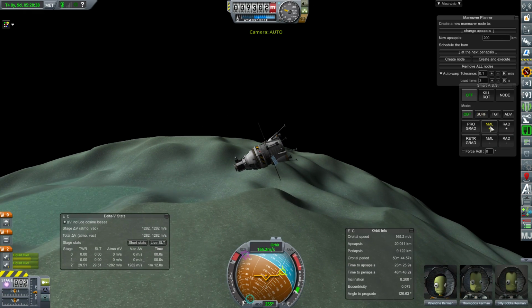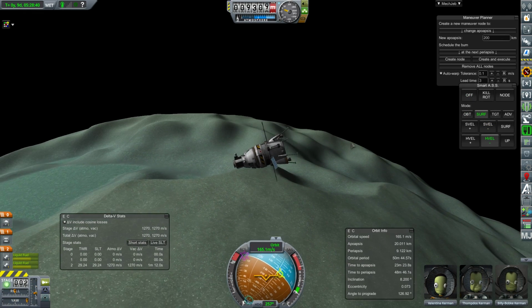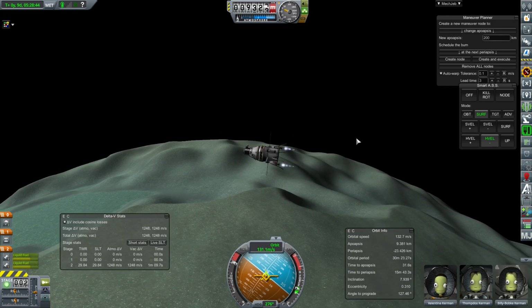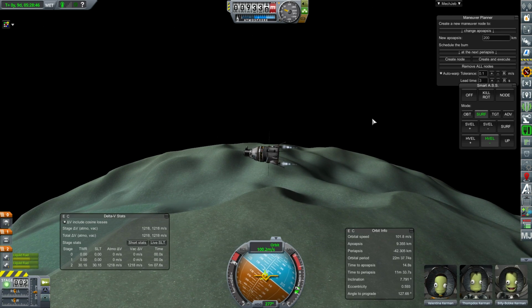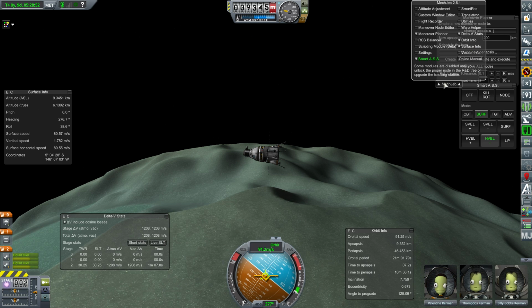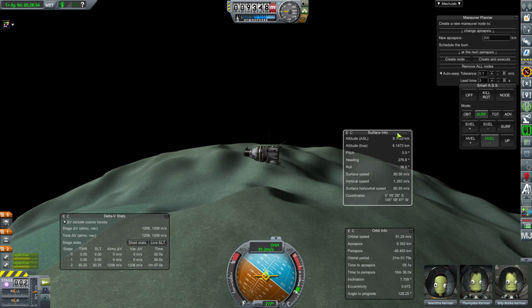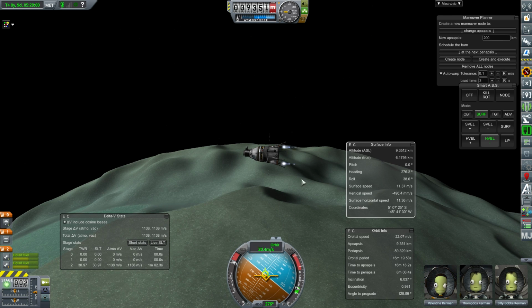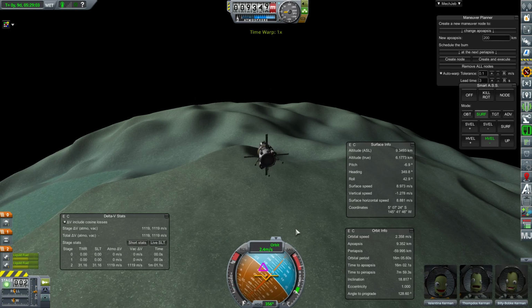I think we're just going to hit the brakes here. I think that's going to be fine. Let's kill our horizontal velocity, which is just burning retrograde at first, although at some point the retrograde marker will change. Let's get the surface info. Cheers and thank you. Over here. Just to help us confirm our horizontal speed. Again, what you're looking for is you're trying to burn sideways like this, bleed off your horizontal speed until...